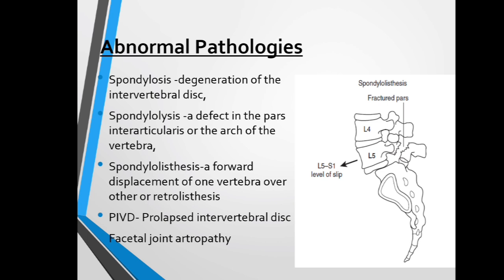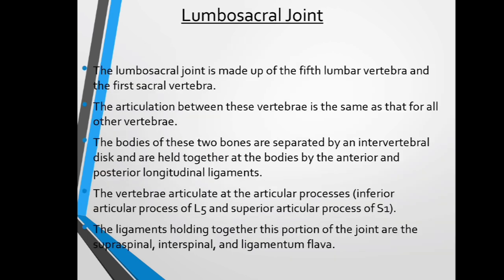There are some abnormal pathologies like spondylosis, spondylolysis, spondylolisthesis, prolapsed intervertebral disc, and facet joint arthropathy. We are also having the lumbos